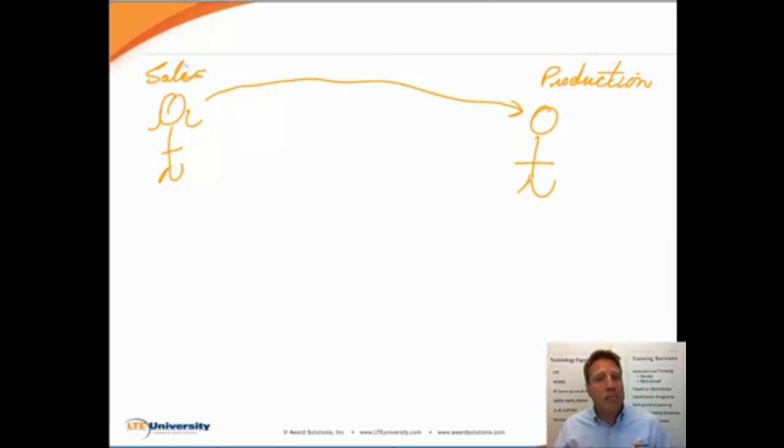And so the manager of production looks at this and says, yeah, no, people are going to have to be working longer hours. We're going to have to fire up another line to be able to produce this, but I think we can get it done. If it stopped there, with the manager of sales agreeing with the manager of production that this is going to work, the whole process would fail, because the manager of production is going to have to communicate to everybody on his team